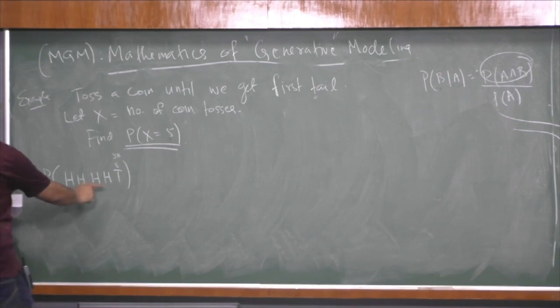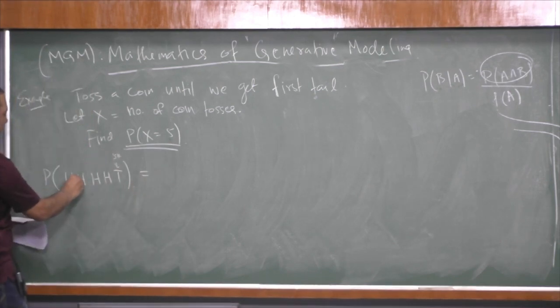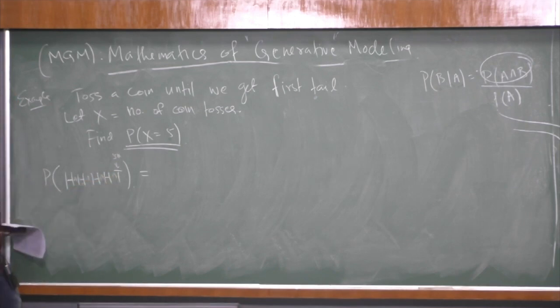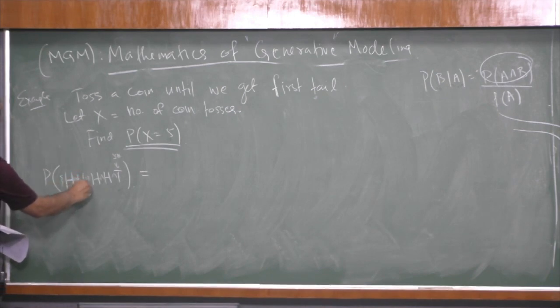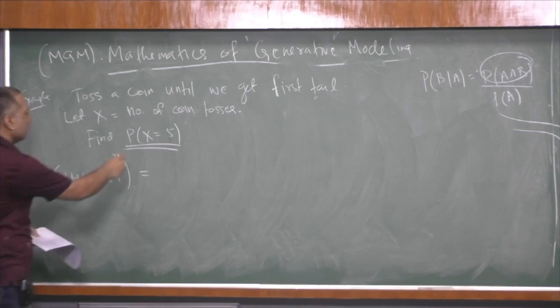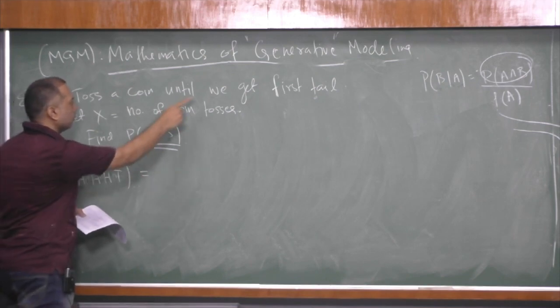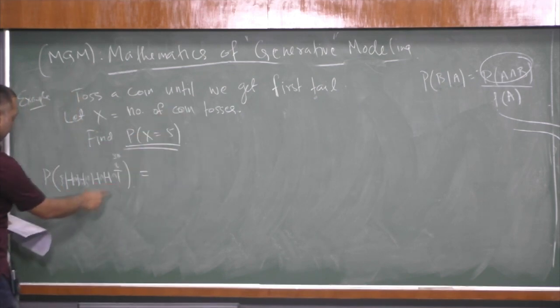And these are independent. When I write it just like this, sometimes I don't write the intersection, but that implicitly means there is an intersection. Events are always in curly braces, so the more technical way is different, but it's understood. So the probability of head and then tail, exactly at the fifth. I did not say less than or equal to 5; if I said that, the story would be different. Here I am saying exactly at the fifth I should get the first tail.